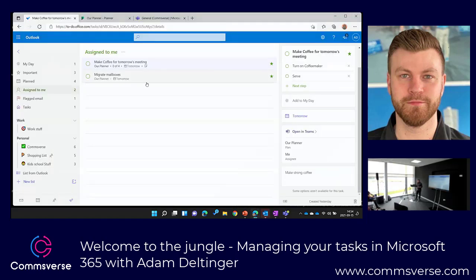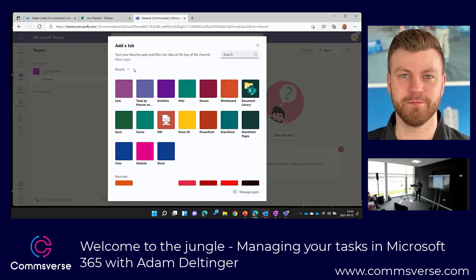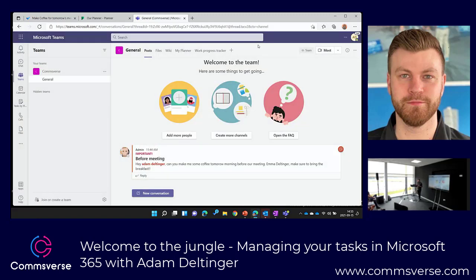So all right, we move over now to Microsoft Teams, right? And when we're talking about planner coming from there, you can see you can create a new plan by going into a channel, click add a tab, and then just choose the tasks by planner and to do, and from there you can create a planner plan, right? It's as easy as that, and that's connected to this team we're at.